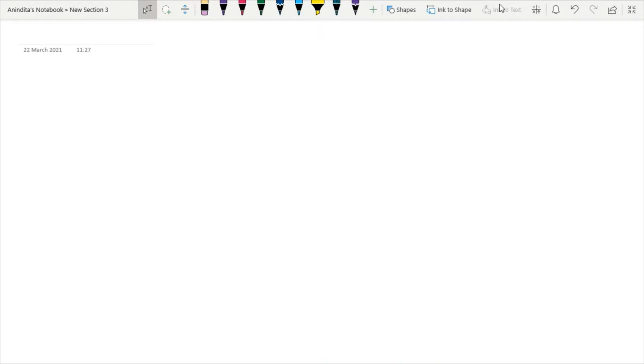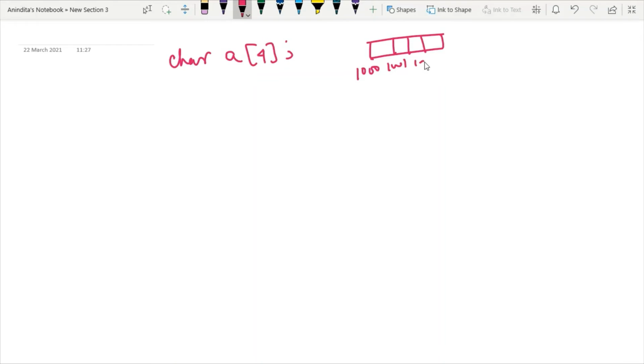As I am discussing the character array, it means you know that the data type will be of type character, and then the name of the array, and then the size of the array. The first difference we know: whatever memory it will allocate, if the address is starting from 1000, the next position will be 1001, then 1002, because the size of a character is 1 byte. This is one difference. But here you have to note one very important point.